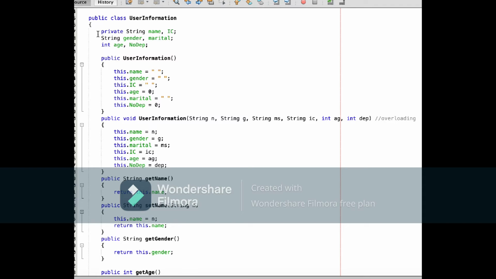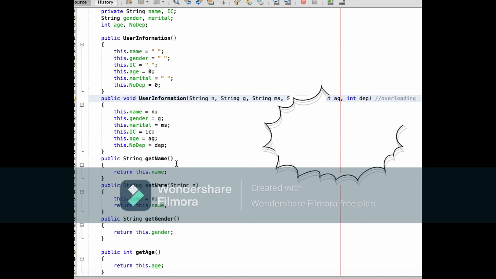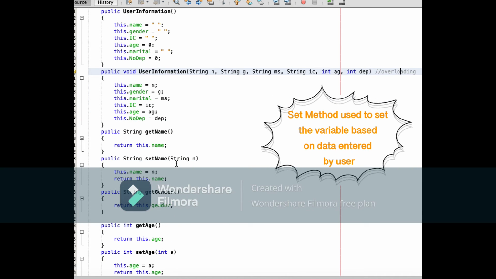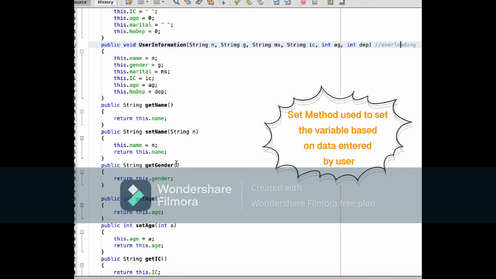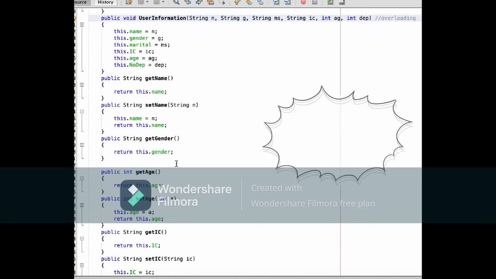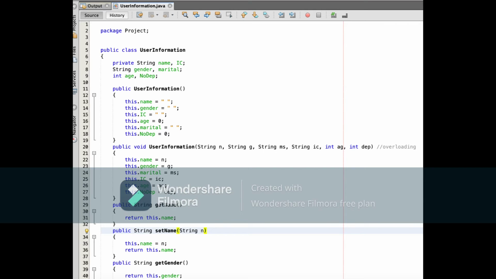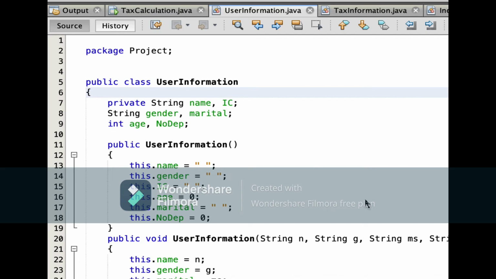In this user information class, only information such as name, age, IC number, gender, number of dependents, and marital status will be stored, except for the salary. The data that has been set in the JFrame class will be stored into this class using the set method as shown on the screen. So, to conclude, the user information class is used to store the information that has been entered by the user